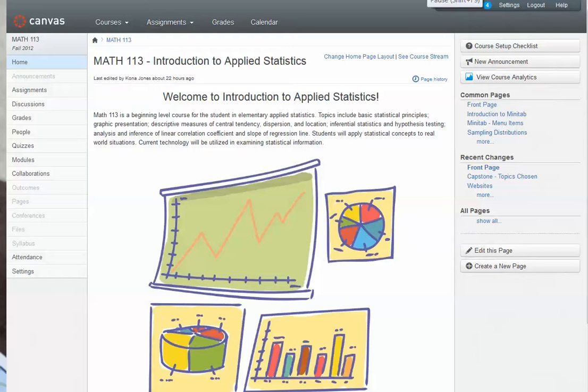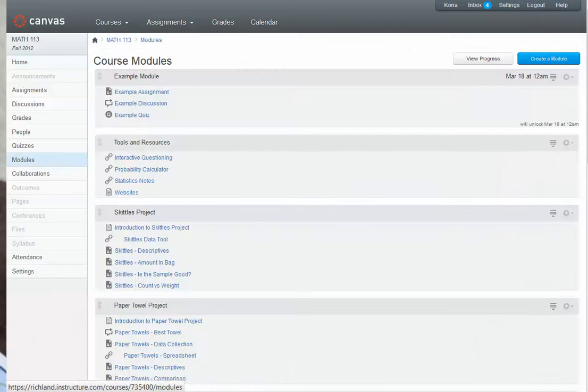Hi everyone, this is Kona, and I'm going to show you how to add a rubric to one of your different types of assignments. So to start out with, I'm going to go into modules, and here I've got an